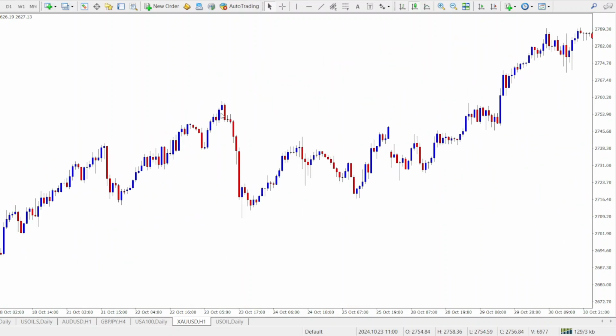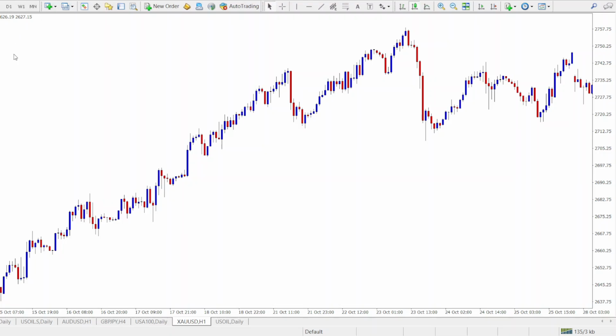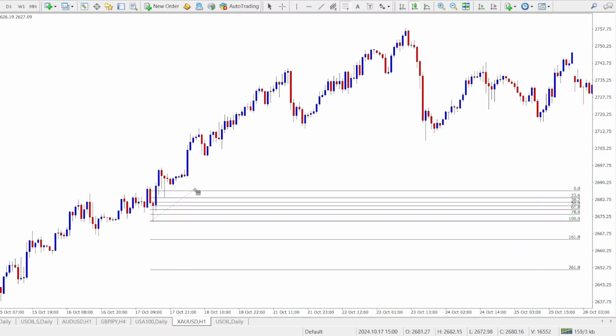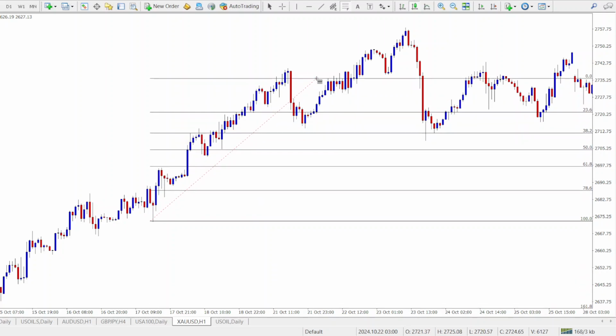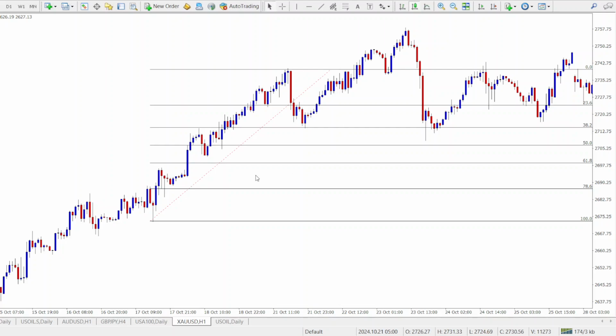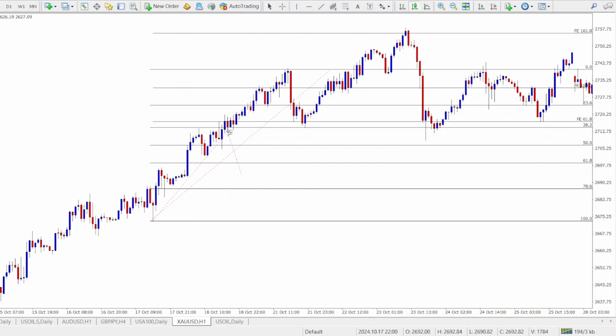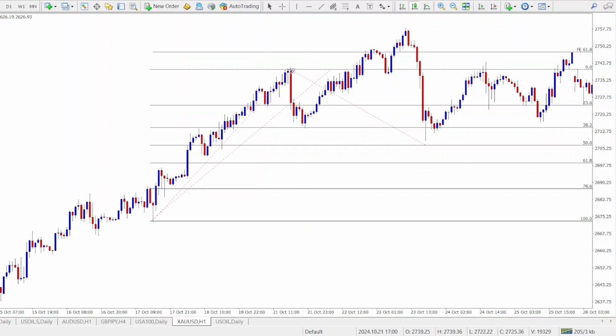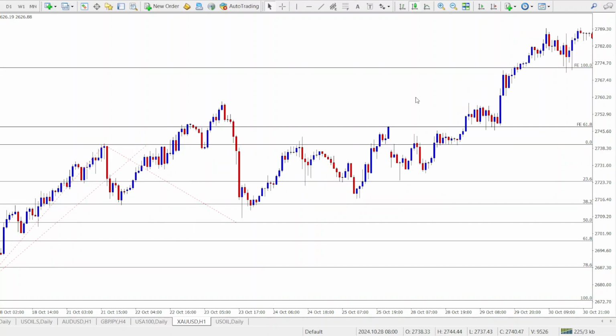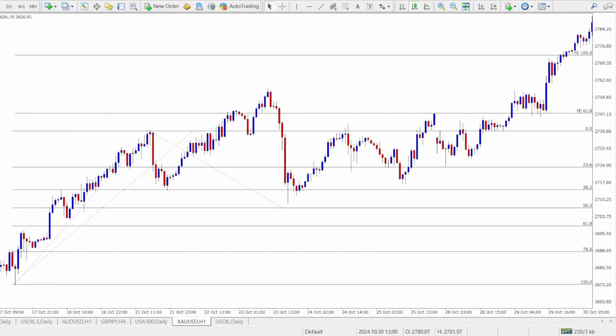let me just add the Fibonacci levels on the chart. Right, let me add the levels on the chart. Okay, let me use this. All right, this is for the Fibonacci retracement, and then this is for the Fibonacci expansion. Right, now these levels, as we can see,